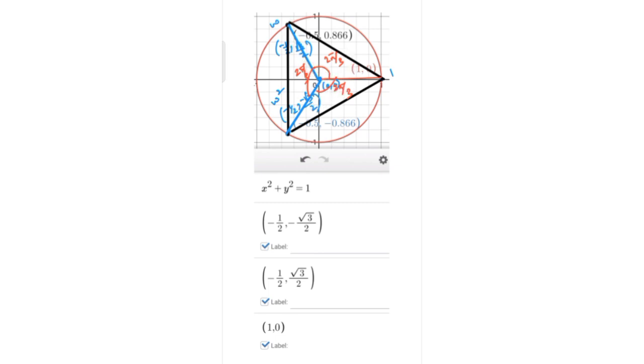Or we don't even need to use all those things. We can just use the cosine rule to find the angles between these two sides, because this is an equilateral triangle and we also know the side lengths. So it's 1 comma 0, and minus 1 by 2 comma root 3 by 2. We can even find the distances, so we can use the cosine rule to find all these things. This is an important segment.